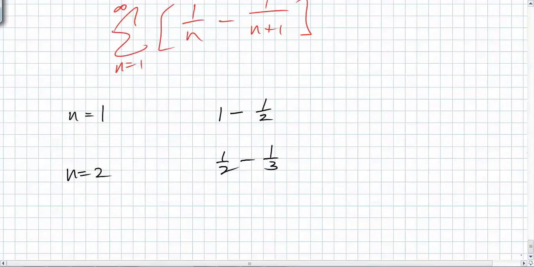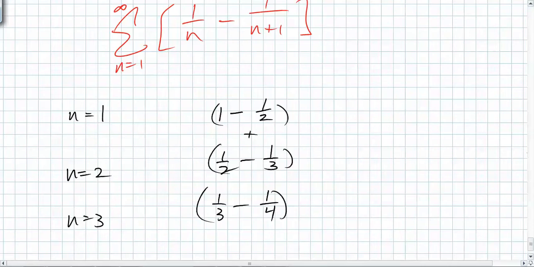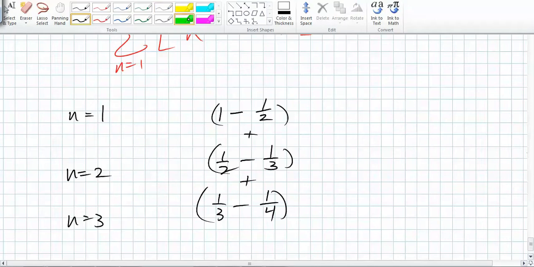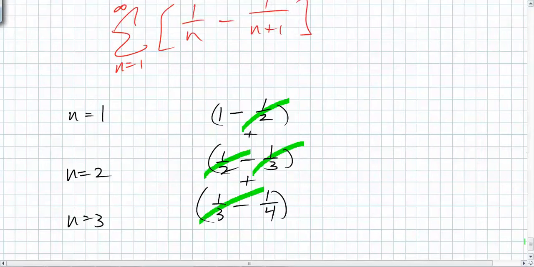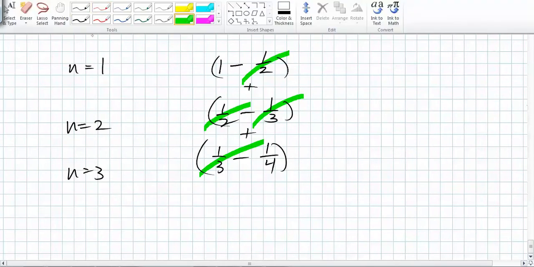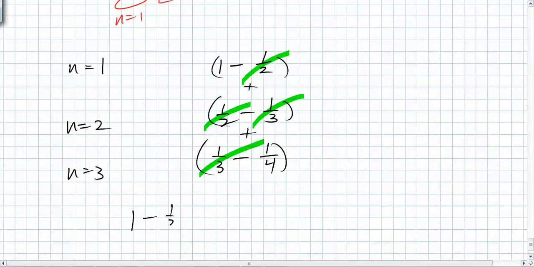Minus 1/3. And if n is equal to 3, what do you end up with? Minus 1/4. And what are you doing with all these terms? You are adding them, right? What happens? Boom, boom, boom, boom, boom. So what do you end up with? Basically, it's 1 minus 1/2 plus 1/2 minus 1/3 plus 1/3, plus 1/3 minus 1/4 plus 1/4. So all of these are going to go away,